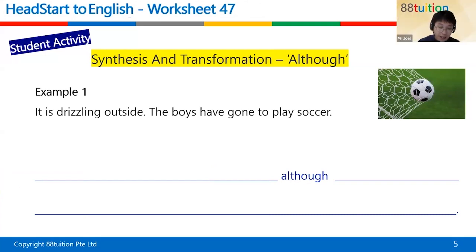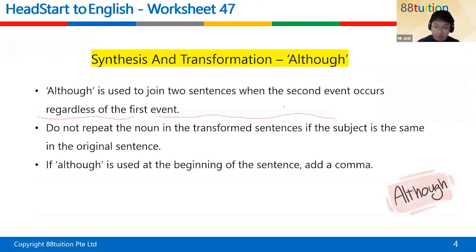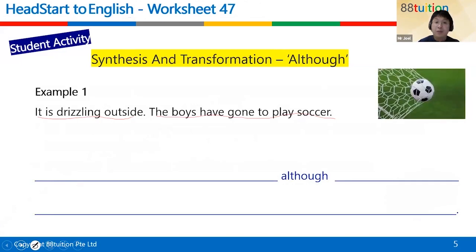Correct. So we can see over here, right, that it doesn't matter if it is drizzling outside or not. The boys have still gone to play soccer. And that's what we meant just now, right? From this part previously, where they actually said it's used to join two sentences when the second event occurs, regardless of the first event occurring or not. Okay, that's what it meant. So whether it's drizzling outside or not, the boys will still go and play soccer. So although it is drizzling outside. Yeah. And another example, okay, would be,